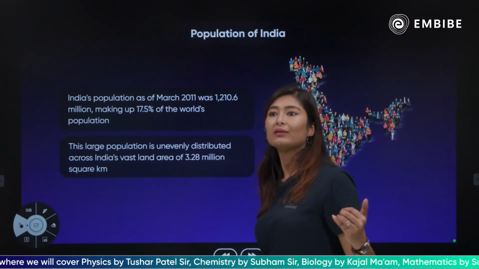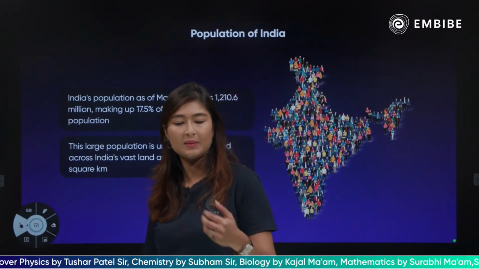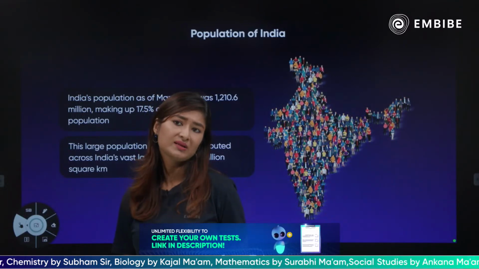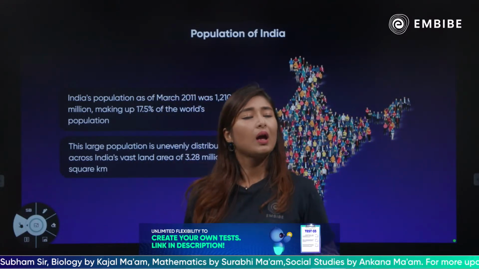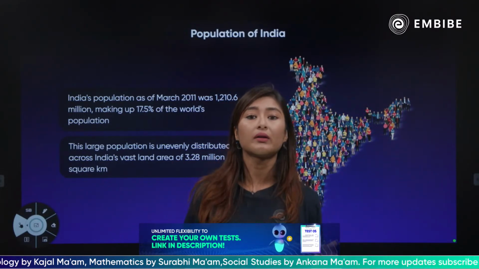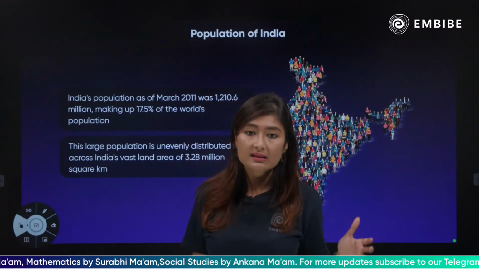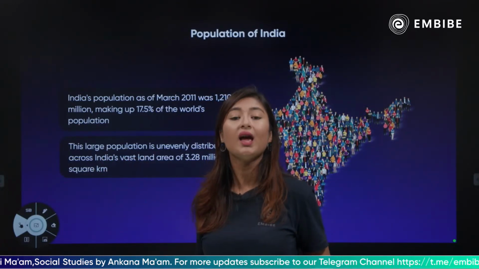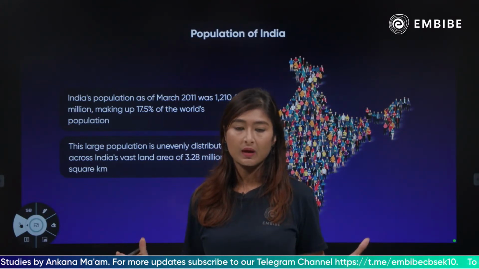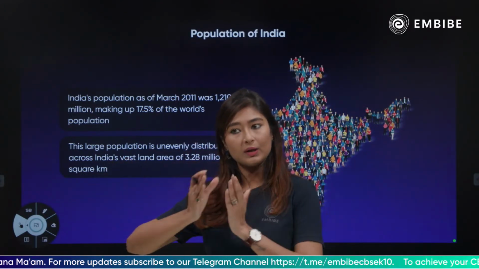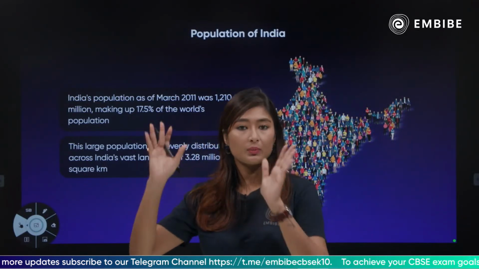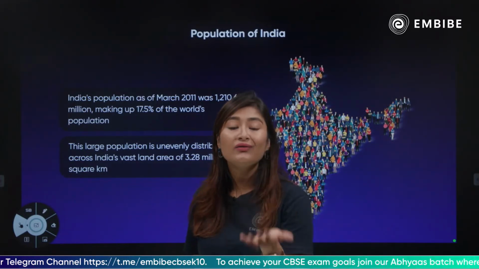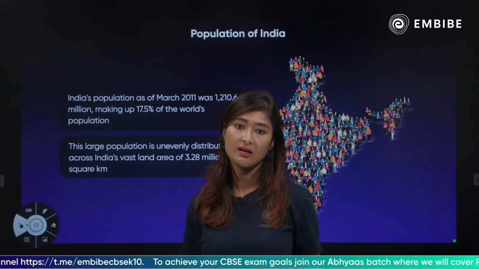Guys, one thing can have 10,000 perceptions. And when I'm explaining something, you can be like, ma'am, what are you saying? Humans are destroying the resources. Are you saying it is getting its value because of the humans? We are not talking about resources being destroyed right now. What we are saying is how resources were discovered, how development happened, and it all happened because a human population came into existence and started creating these things. So in that one statement, there may be 2-3 elements. What we need to focus on from the perspective of the topic that we are reading is why population is important. Why are we studying about it? Why do we need to study about it?